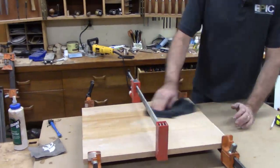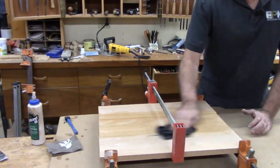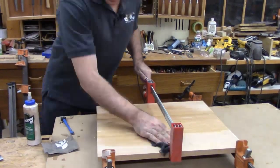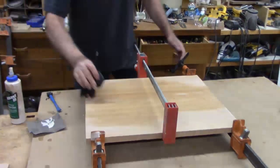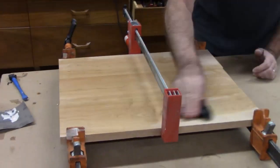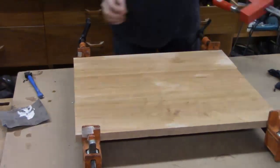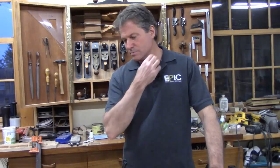Now I'm still going to surface these boards. I'm going to run them through my sander. So I'm not that concerned about the glue. But if I wet this, maybe we can get a better look at how nicely matched these boards look and what this top's going to look like, even though it's 3 boards. I'll take this one off for a second so you can see. Even though it's 3 boards, look at